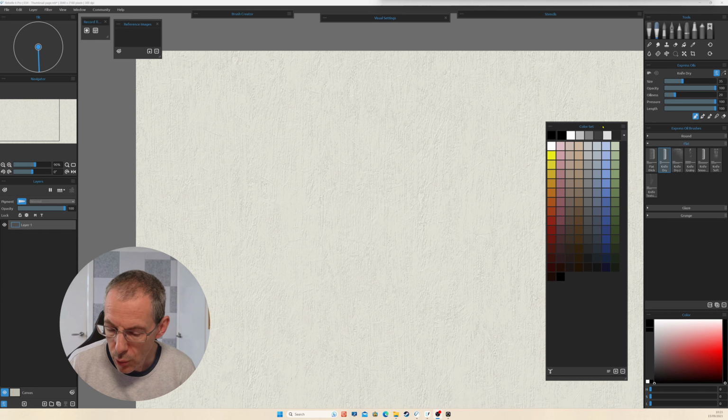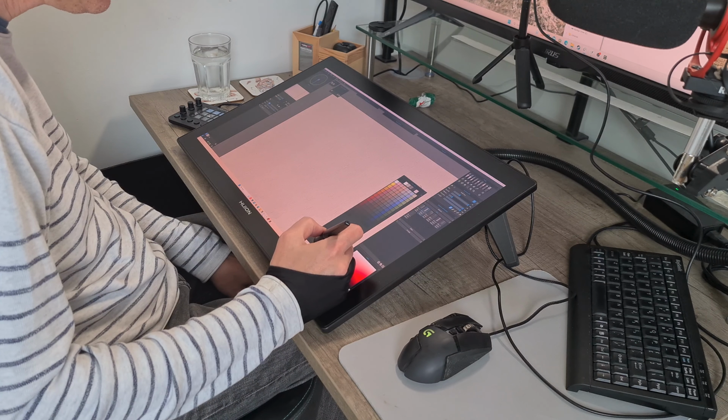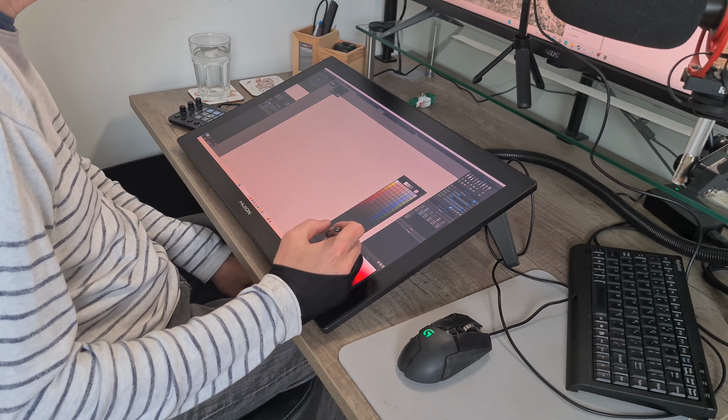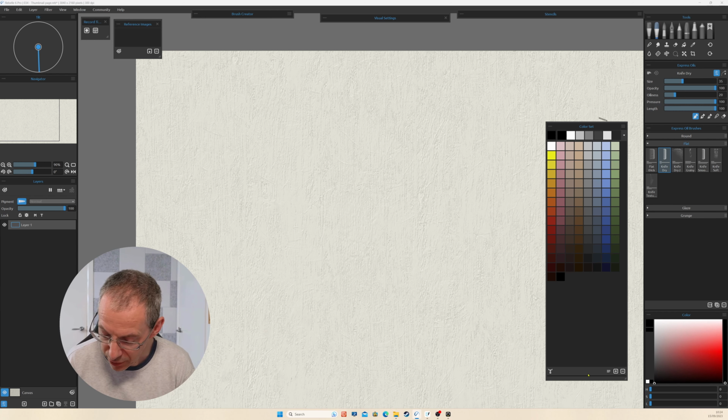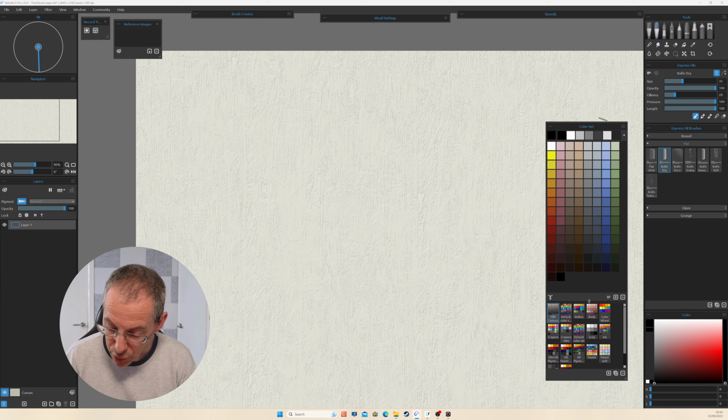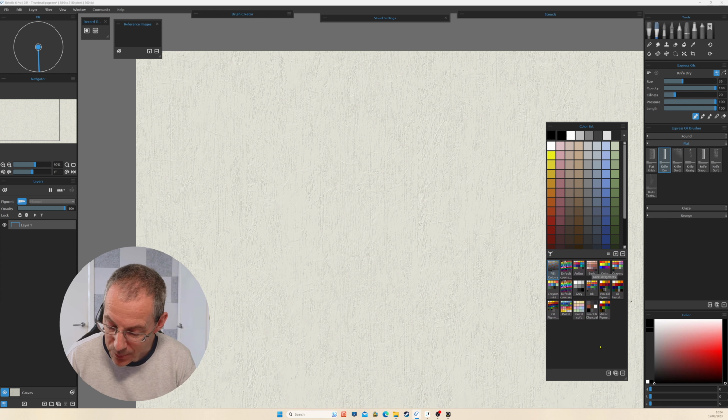Before we start doing the thumbnails, there's a couple of things that I want to get set up. And the first one is using a grayscale color set. What we can see here is I've got the color set panel open, and this is a color set I tend to use for a lot of my images, but we want to make a simple 5 color grayscale for this. So what I'm going to do is open up the color set panel at the bottom,